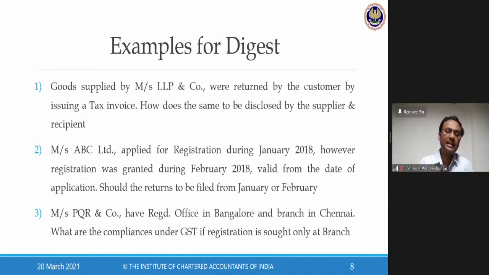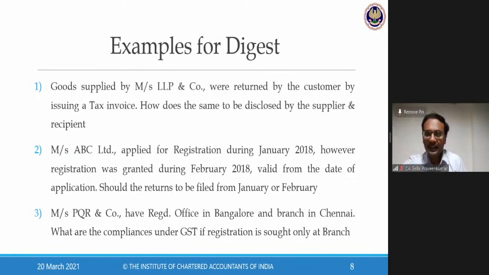Assuming the supplier LLP and Co sells goods to Ambika. When Ambika has accounted those goods in her books of accounts, it is considered as purchase. When Ambika wants to send back those goods to this supplier called LLP and Co, can I call that a sale return or a purchase return, right? Now, by mistake, Ambika has raised a tax invoice. Now, this entity LLP and Co should have accounted that as an inward supply. Rather than accounting it as an inward supply, as a purchase, LLP and Co have issued a credit note to this particular customer called Ambika.